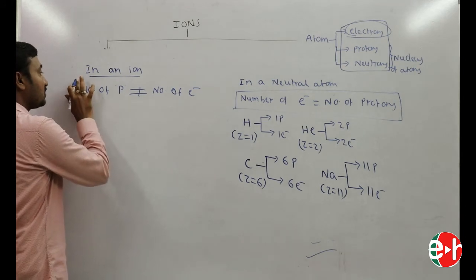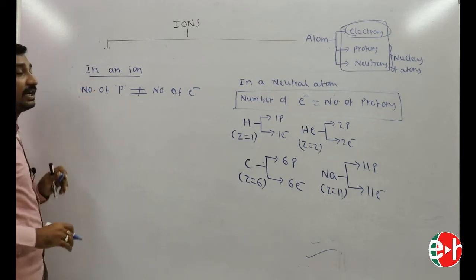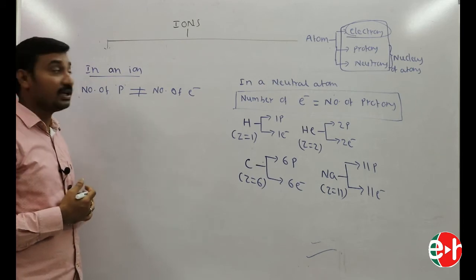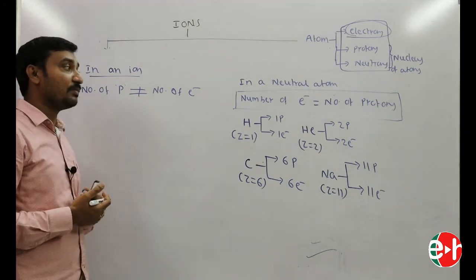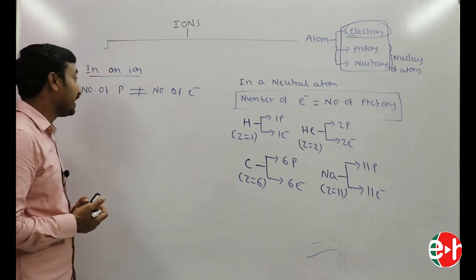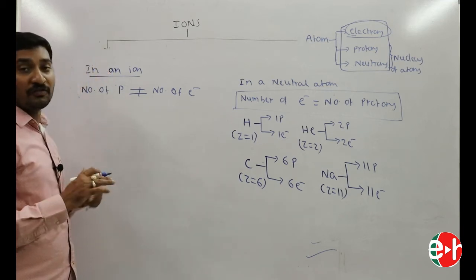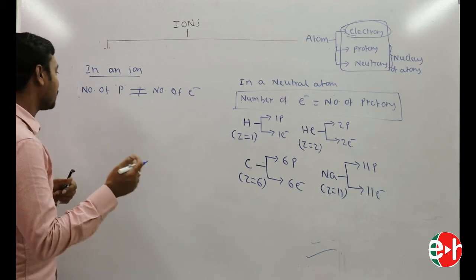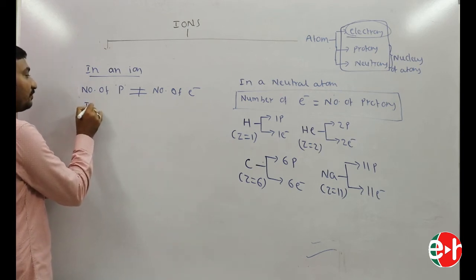The number of protons is not equal to the number of electrons in an ion. In a neutral atom, the number of protons is equal to the number of electrons. But in an ion, the number of protons is not equal to the number of electrons. Why? Suppose in a cation,